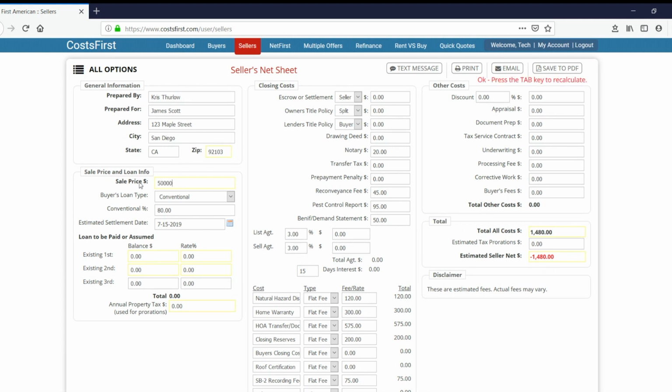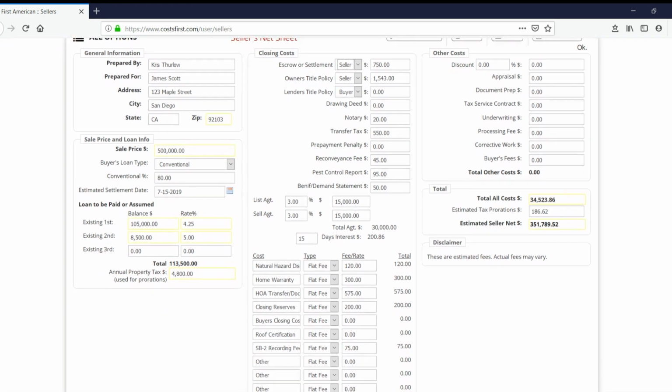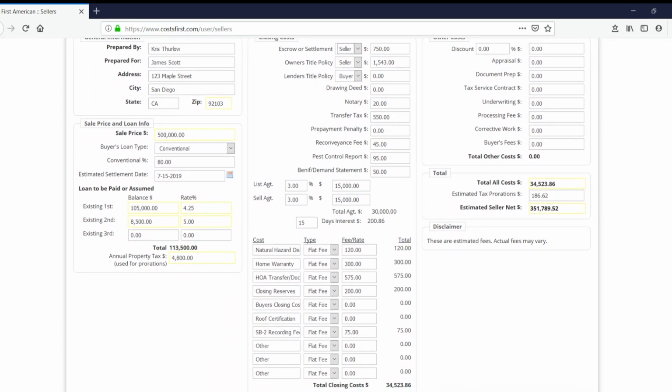Next, you're going to enter any loan payoffs that the seller might have. Let's say they have a $105,000 loan at 4.25%. And then let's say they have a second $8,500 loan at 5%. And we'll enter the property taxes. Let's say they're $4,800. CostsFirst will automatically calculate title, escrow fees, and all the associated normal average transaction costs based